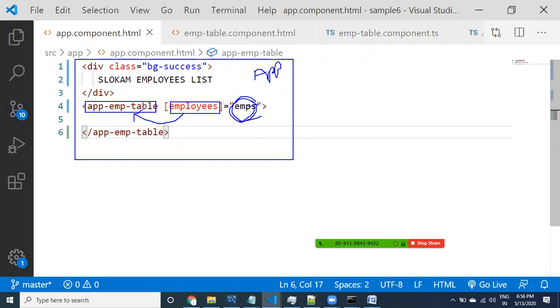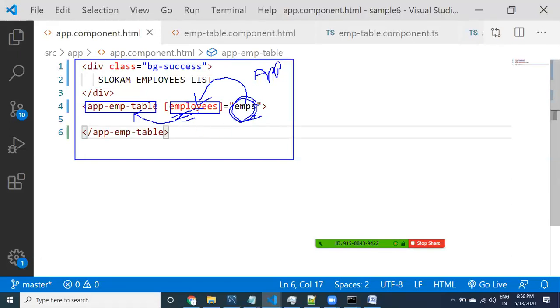This data is from the app component, and you are setting it into the property employees. This property is available where? In the app component. What kind of property is it? It is not a simple property, it is an @Input property.